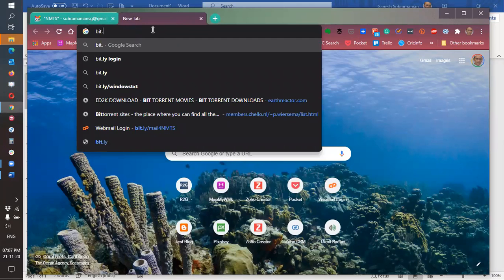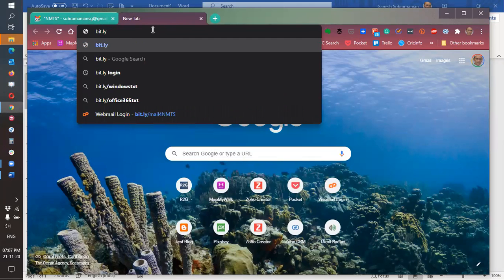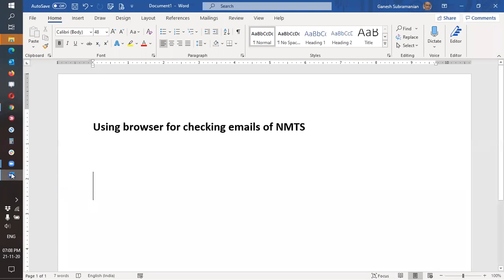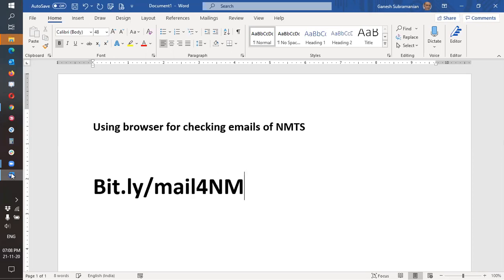word, bit dot ly. This is the only thing you need to remember. I'll tell you why. This is a shortcut that I have created: bit.ly slash. Now, what is the purpose of this? It is for mail, MAIL, for number four, for whom? For NMTS, capital NMTS.